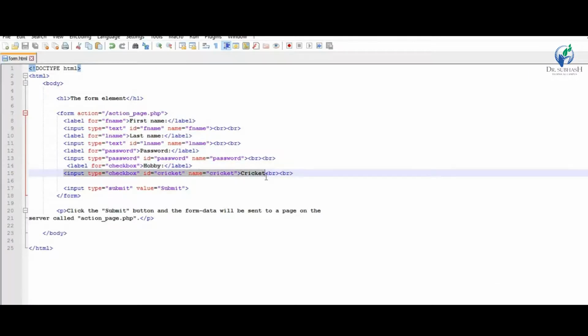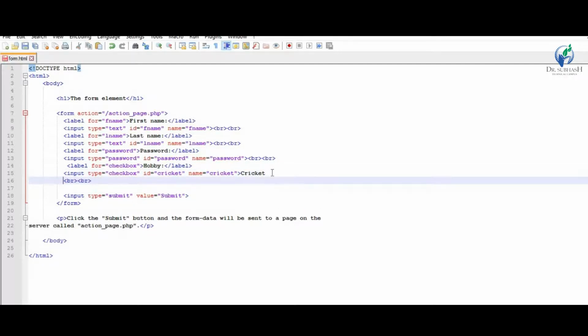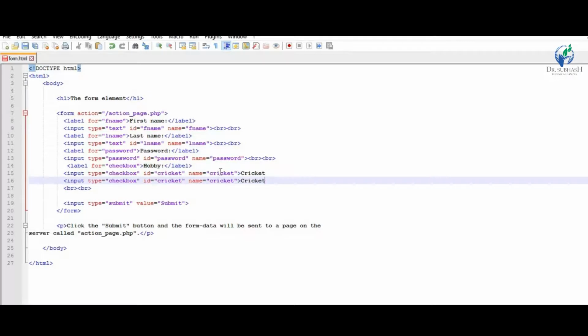If there is more than one checkbox, just copy and paste. Second one is hockey, then name is hockey.